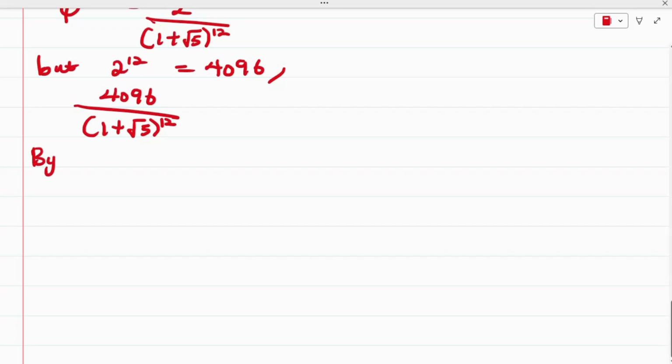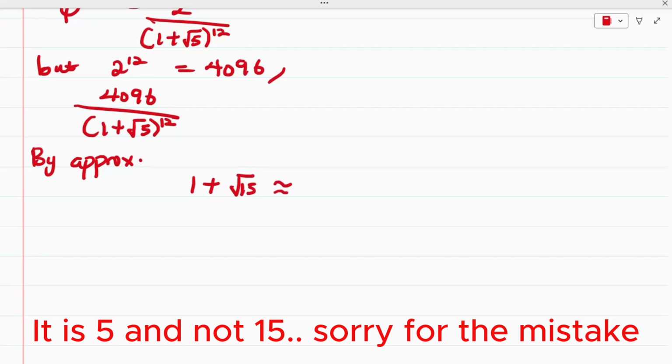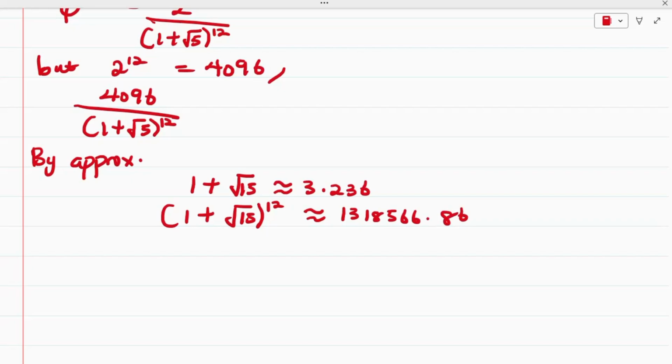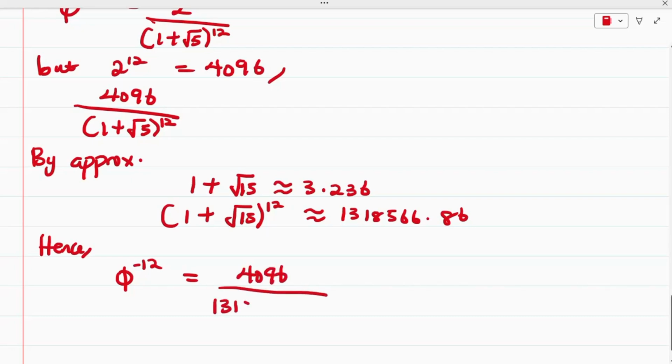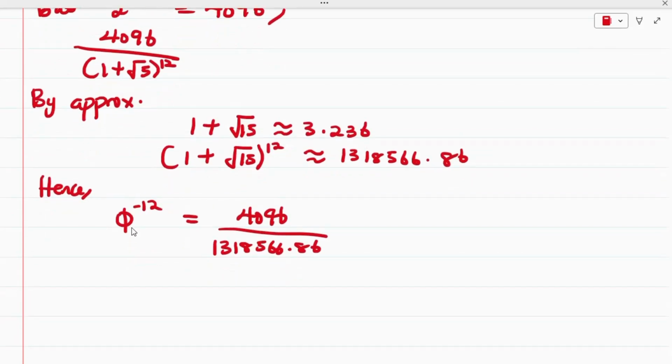So let's simply approximate this right here. By approximating, we have 1 plus the root of 5 to be approximately 3.236. So from here we have 1 plus the square root of 5 all raised to the power of 12. So this is approximately 1318566.86. So hence we have that 5 raised to the power of negative 12 is equals to 4096 divide 1318566.86. Alright, so at this point we have this to be 5 raised to the power of negative 12 is approximately, so if we divide the numerator and the denominator, we have this to be 0.0013,